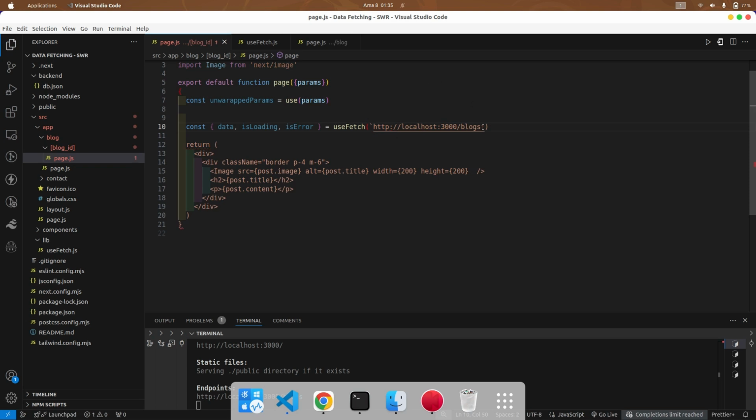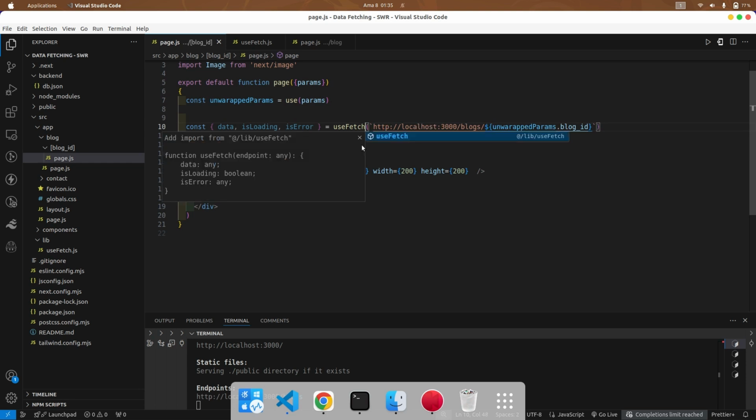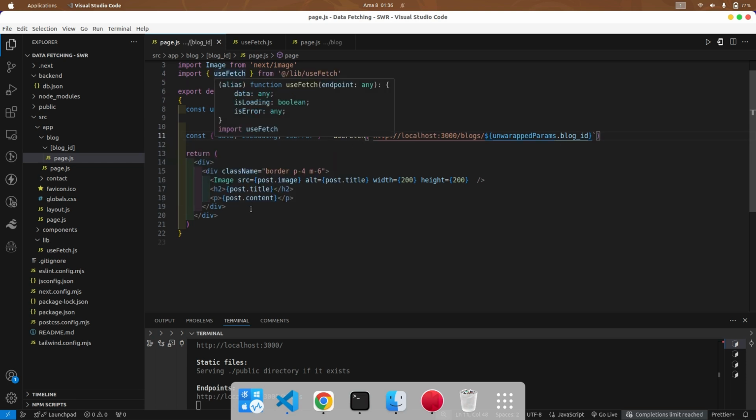Remember our useFetch is dynamic. It can accommodate all endpoints. So I'll just change this one, and then I pass the dynamic ID. So I'll say unwrapped params dot blog underscore ID, and then I think that one is good to go. I now import useFetch, which is imported here,